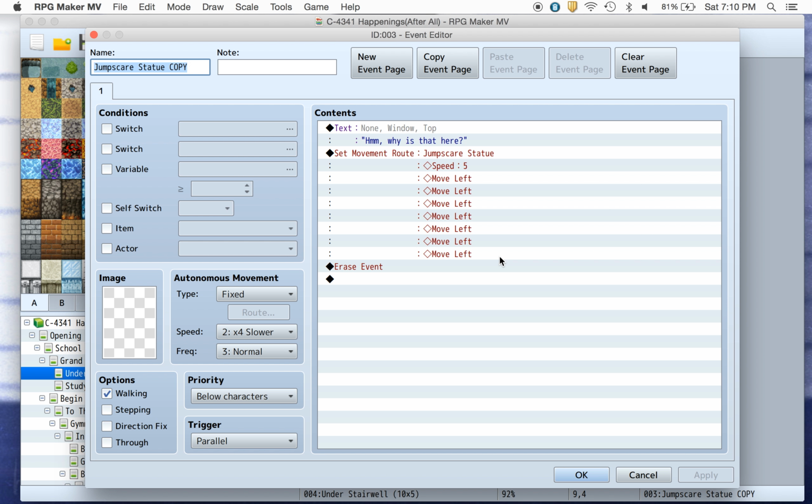Now, if you go down to the trigger section, you'll see there are 5 triggers: action, player touch, and event touch, and also auto run and parallel. In this case, we're using parallel. What this means is that when dialogue isn't happening, the player has the ability to move while the event is also doing things. Now, if this was set to auto run, go ahead and set it to auto run real quick,